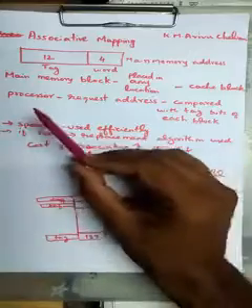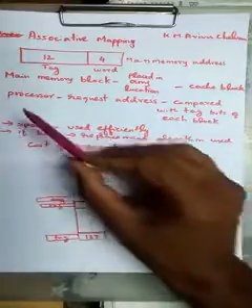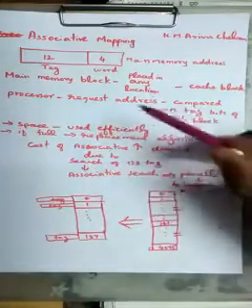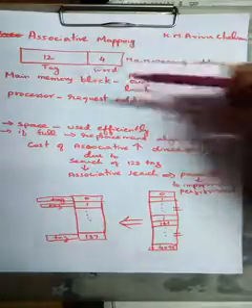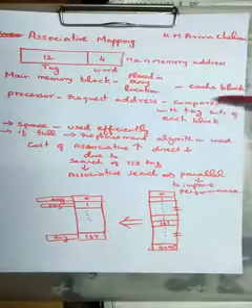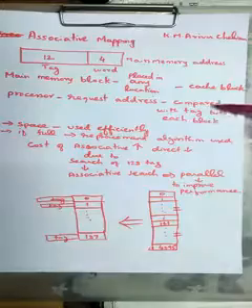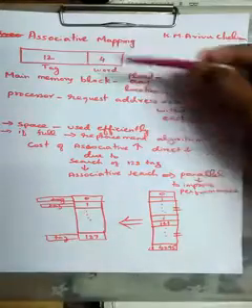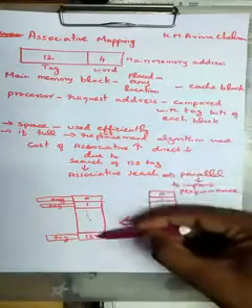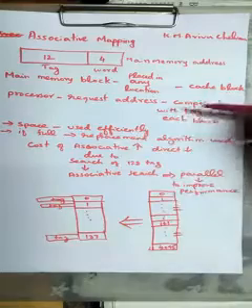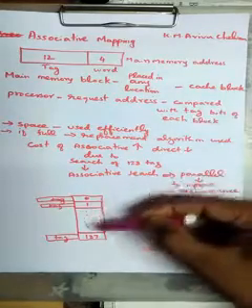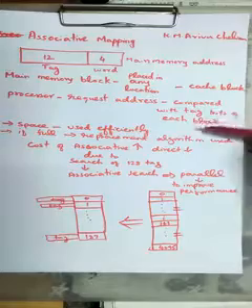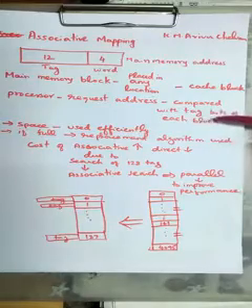But the problem is, if a processor requests some address, then the cache memory has to compare the address with all the tag bits. So we have 128 tag bits in cache memory. The comparison has to be made in all 128 tags. So the searching is a drawback here, but space is used efficiently.